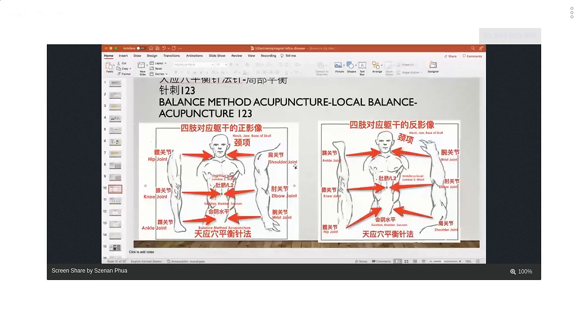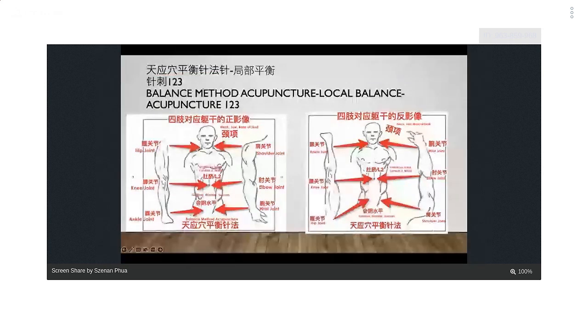This is choosing the point. So we choose the point based on holographic theory, holographic image. Look at the left image first. There are two images in front of you. Look at the left one. As you can see, I have one leg and one hand beside the trunk, beside the body, right? And look at the body right now. I pointed over here, belly button, right?